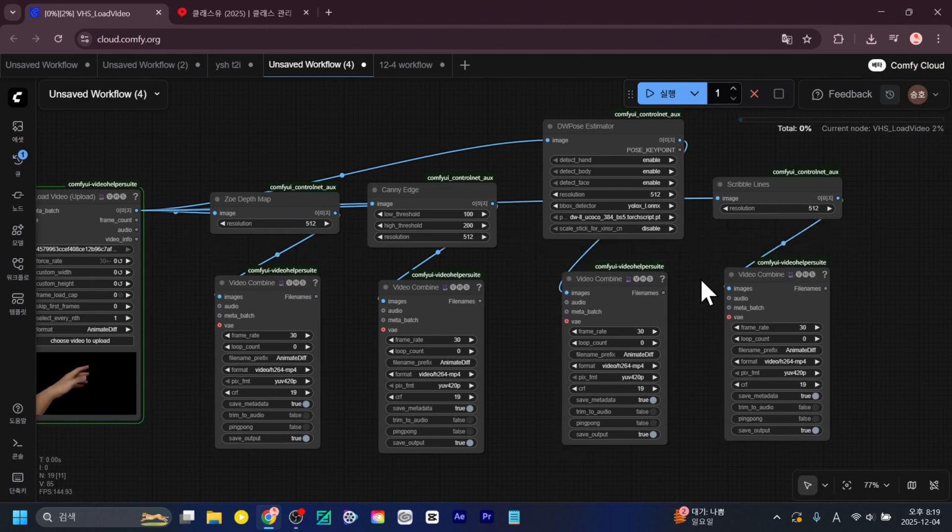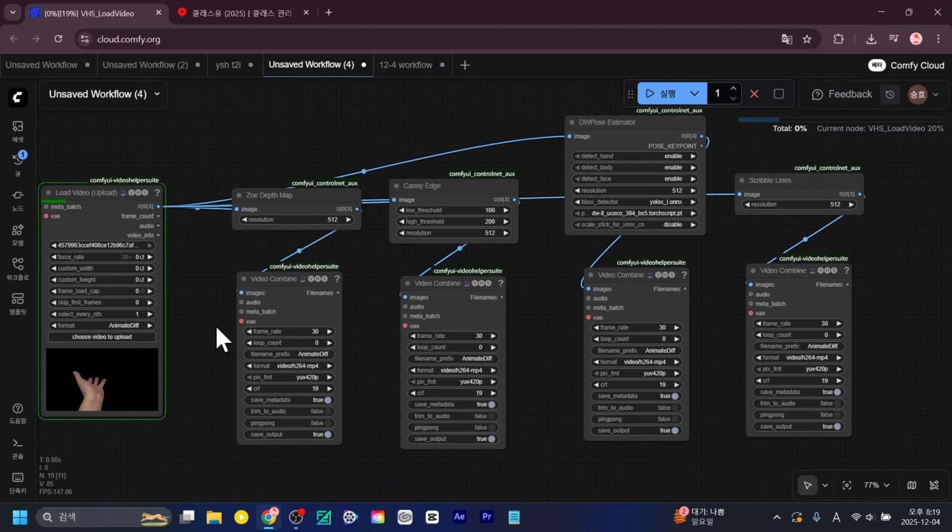Now, I'll show you what ControlNet is. ControlNet is used both for controlling images and for controlling videos. Depending on which ControlNet you use and how you use it, the way the generated video follows the movements of the original video can vary a lot. And you can also add some flashy effects. So if you understand the concept of ControlNet well, it will help you a lot when creating videos in the future. Most AIs now come equipped with ControlNet.